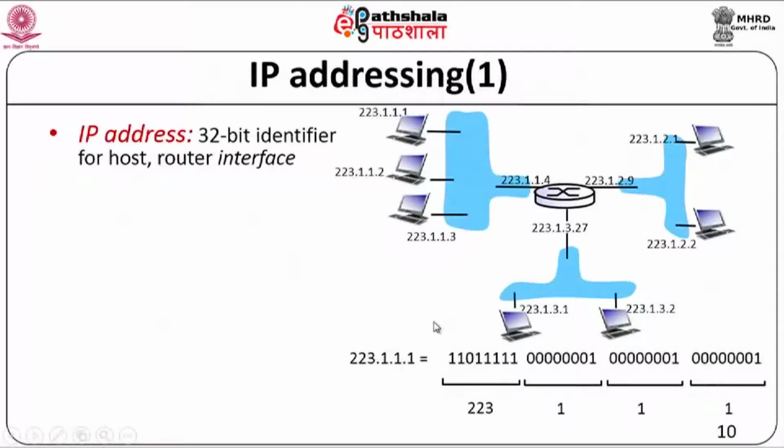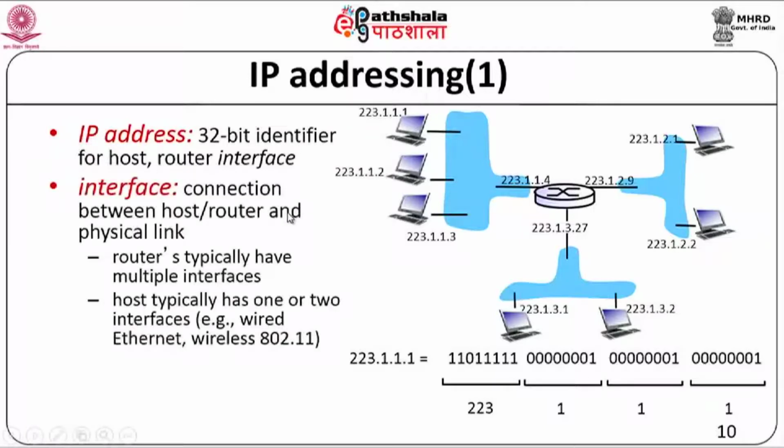So with this understanding of the addressing scheme, let's look at how different interfaces get the addresses and so on. We said that a 32-bit identifier is used for the host plus the network. If you look at different nodes which belong to the same network, you will find that their network prefixes are common. So if you take this network, this is 223.1.1.1, this is 223.1.1.2, this is 223.1.1.3. Now 223 we know is a class C address, which means the first 3 bytes will identify the network part. You can see the first 3 bytes are the same in all these 3, and 1, 2, 3 are the numbers which distinguish the hosts in this network.